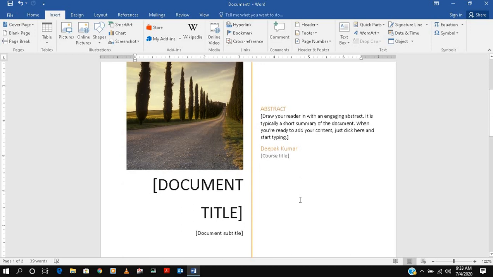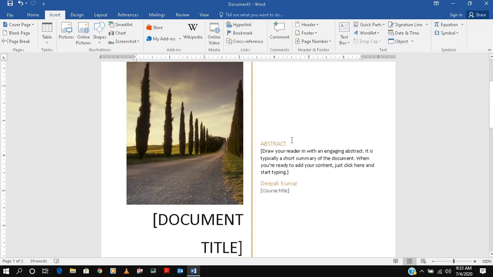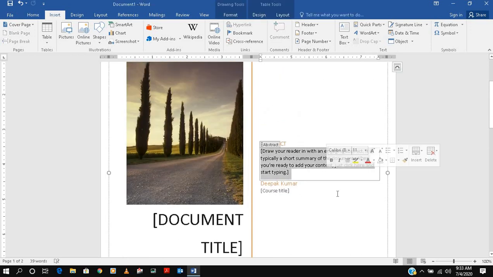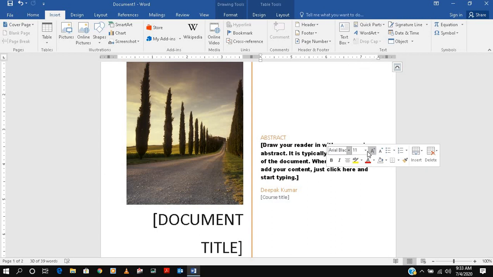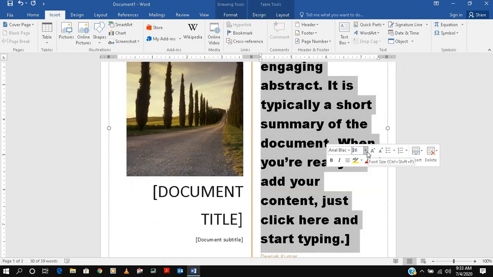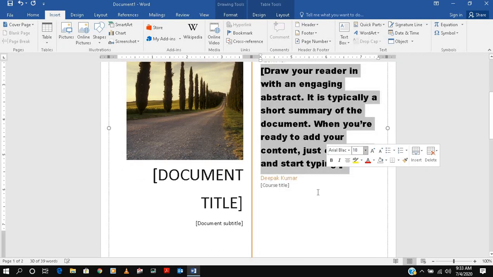You just put in what you want to add, change the text, or increase its size.